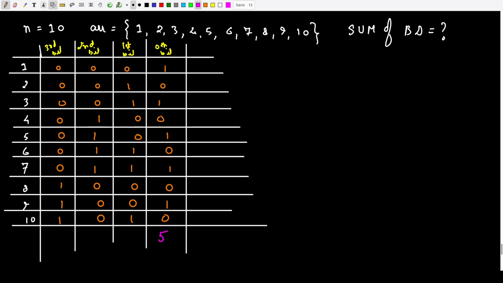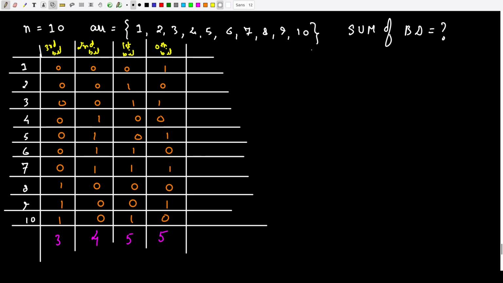Okay, similarly the first bit, how many times was the first bit set to 1? Well, 1, 2, 3, 4 and 5. How many times was the second bit set to 1? Well, it was set to 1 for 4 times. And how many times was the third bit set to 1? Well, it was 3 times. Okay, now